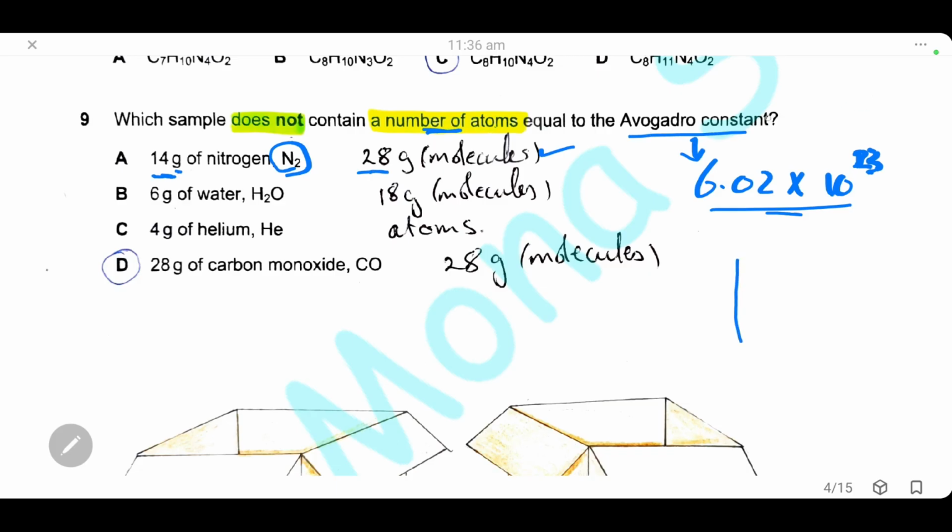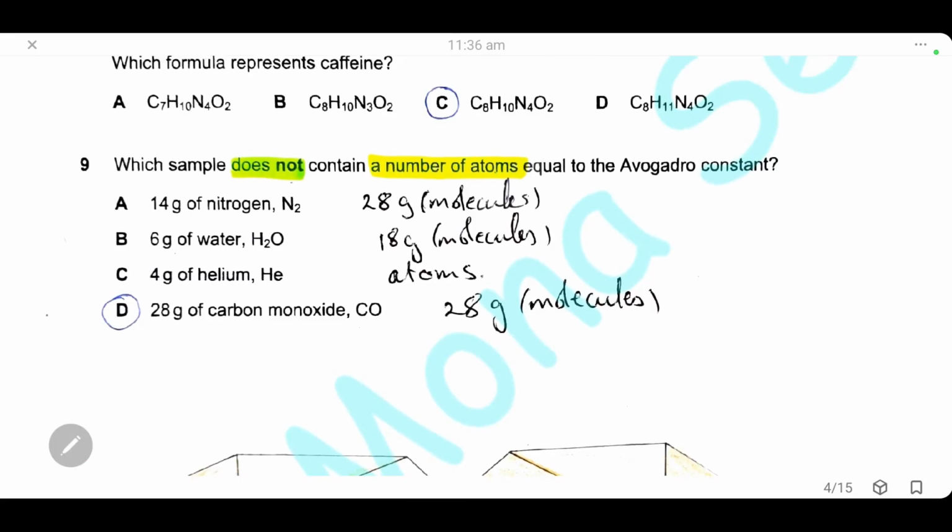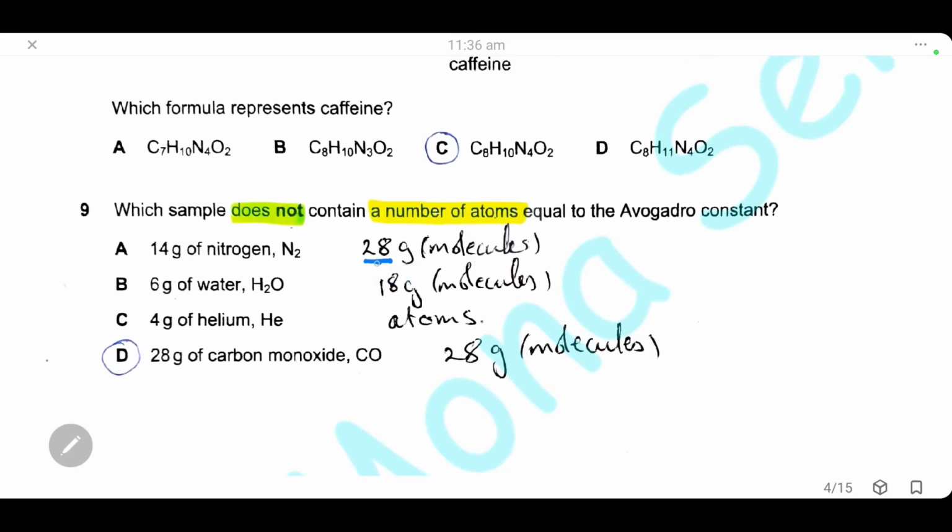Let's imagine here, like, 2 boxes. These boxes contain 6 nitrogen molecules, and these boxes contain 6 nitrogen atoms. Obviously, the same number is present. Here we have 6 and here we have 6. But if we measure the mass, we can see that the mass of these nitrogen atoms is half the mass of the nitrogen molecule, because each molecule consists of 2 atoms. So by dividing the mass by 2, we can get the same number, which is 6 here, but atoms, not molecules. So here we will do the same for nitrogen. 1 mole of nitrogen, 28 grams, contains Avogadro's constant of molecules, but 14 grams of nitrogen will contain Avogadro's constant